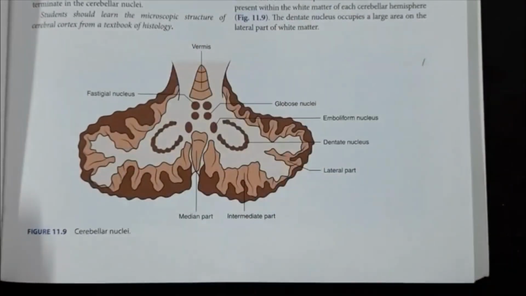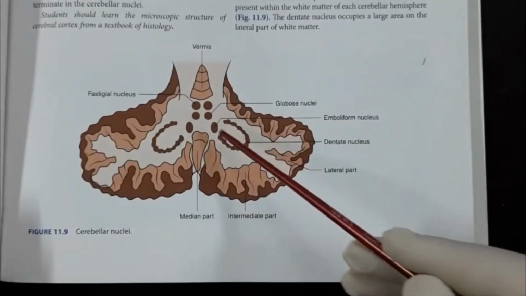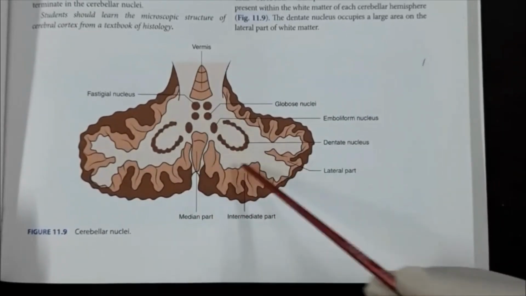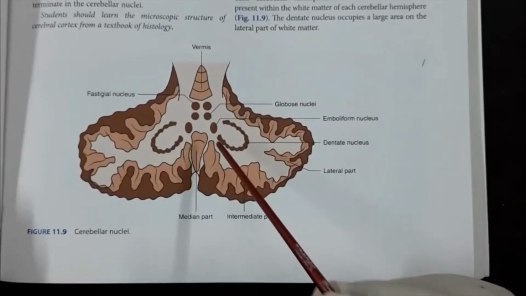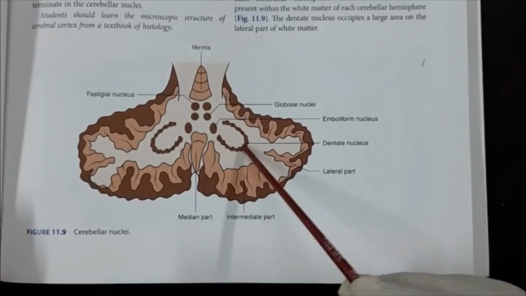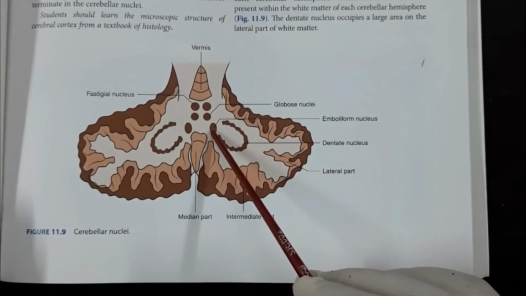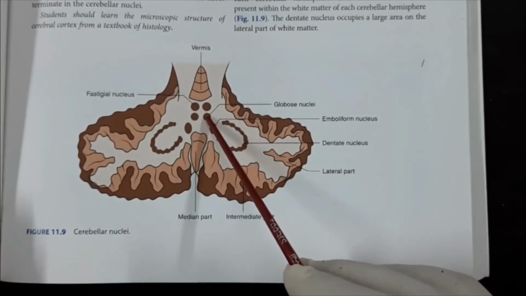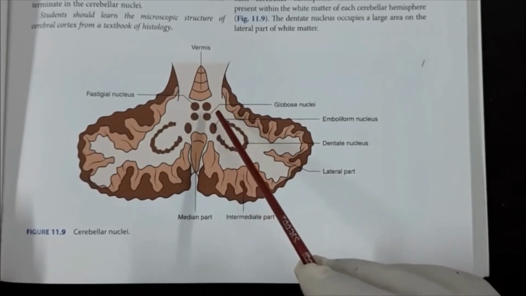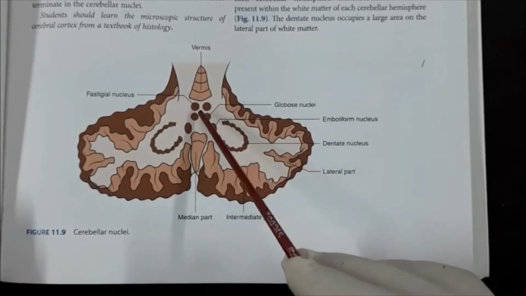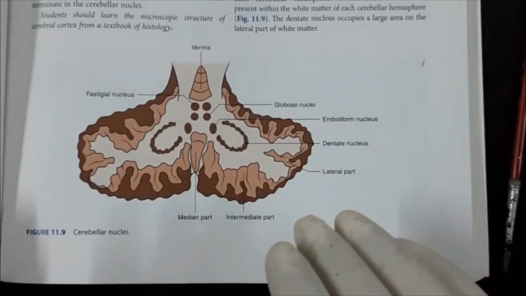Okay, if you cut the cerebellar hemisphere, this is right and this is left. Okay, a section is cut, then you will see that in each of the hemispheres 4 nuclei are located here. The largest, crumpled one is the dentate nucleus, then in front and medial to it come the emboliform and globose nuclei, and lastly, most medially and anteriorly, is the fastigial nucleus. So 4 nuclei are in the right and 4 are in the left cerebellar hemisphere.